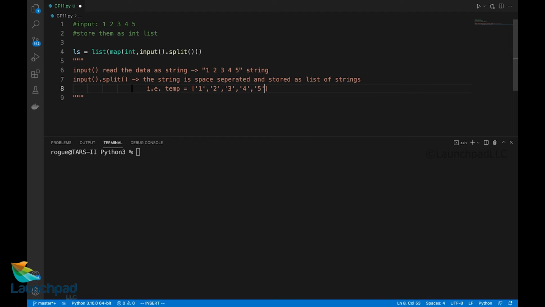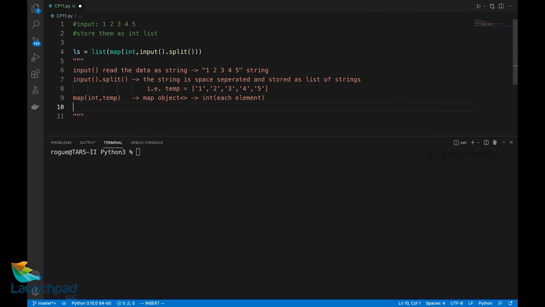Now I want to convert each and every element of this temporary list into an integer, for which I would have to use the int function repeatedly n number of times, where n represents the length of this list. That is where we use the map function, map of int comma the temporary list, which returns a map object, that is the int function applied to each and every element.